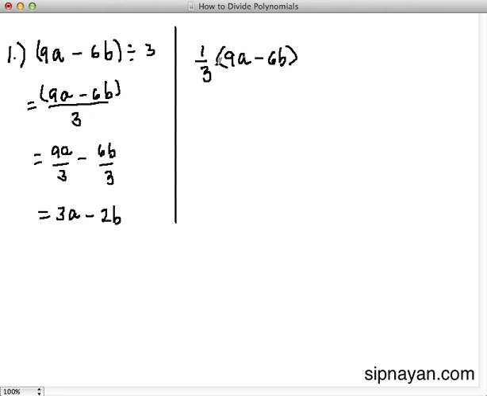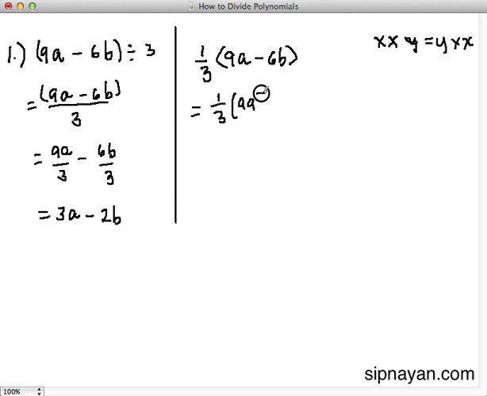Which means na pwede natin i-distribute. As I was saying earlier, pwede tayong times 1/3, but since multiplication is commutative, pwede nating ilipat yung 1/3 sa kabila. So parang sinasabi natin na x times y is the same as y times x. Yun yung commutative property. Kaya pwede natin baliktarin. Magiging 1/3